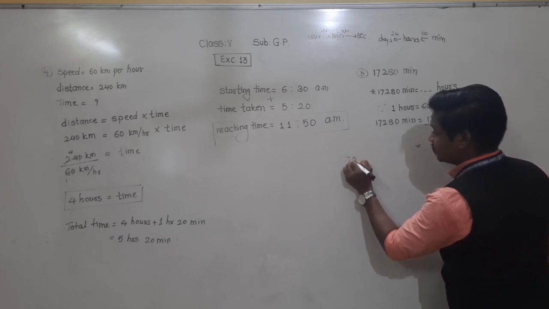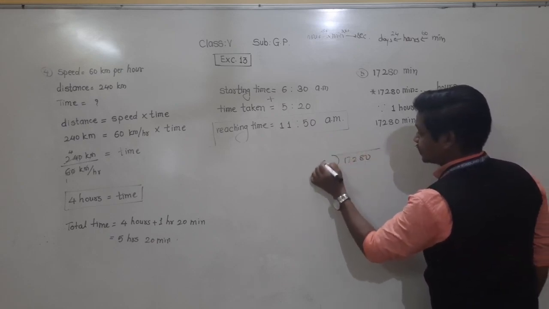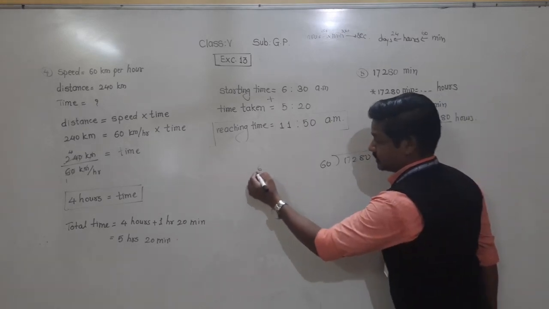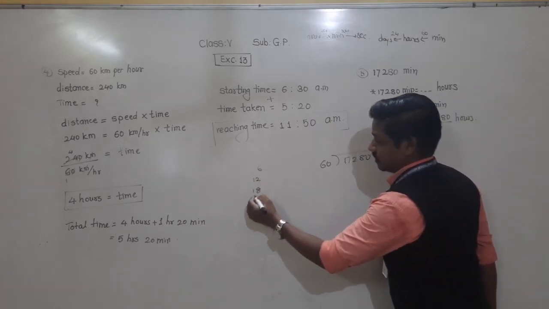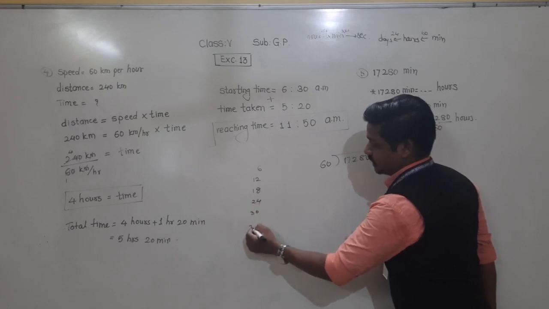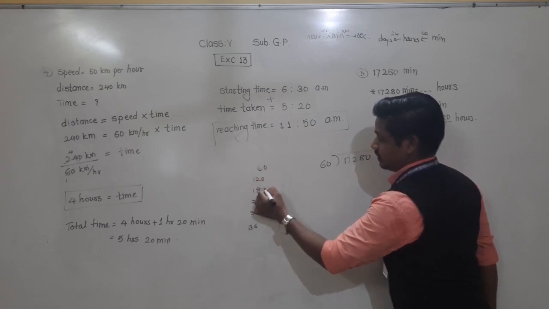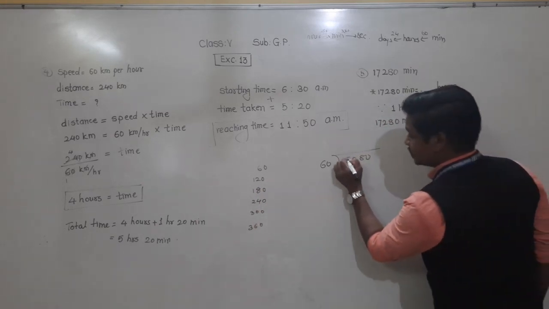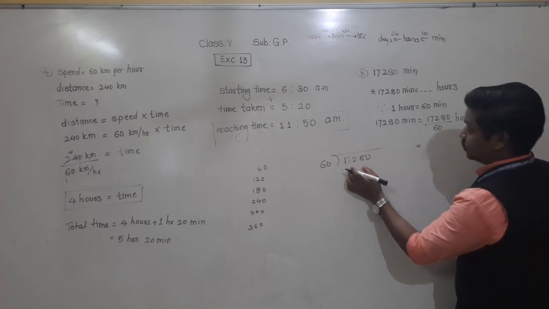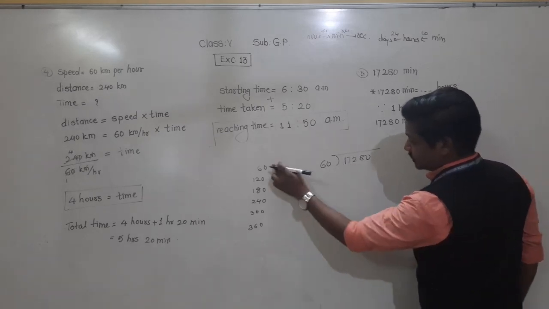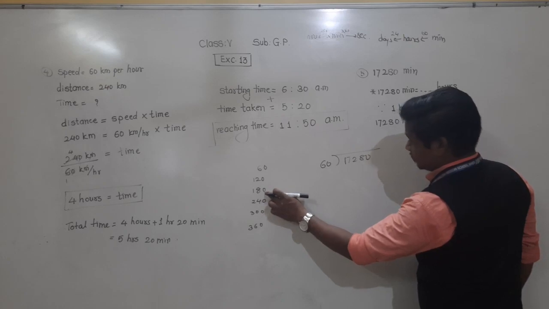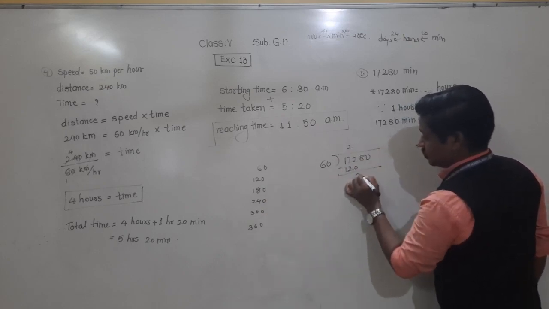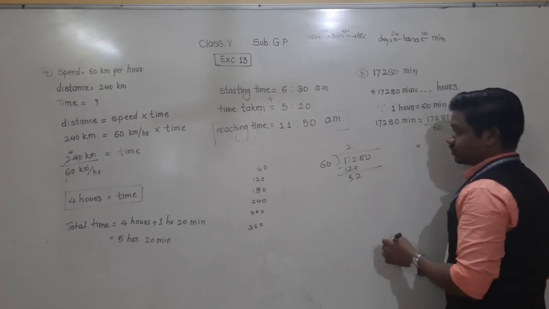Now here also we have to do 17,280 divided by 60. So let us do it. Directly divide by 60. And the table of 60 is not so difficult. Prepare the table of 6 and put 0 at the end. Okay. So here we have the table of 60. Now see, there is 172 first, no? So we will divide 172. 6 twos are 120, 6 threes are 180. But 180 is greater, so we will take 2 and 120. 172 minus 120, 52 remain.